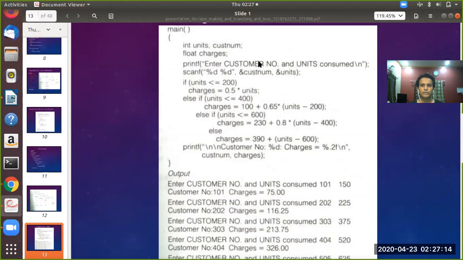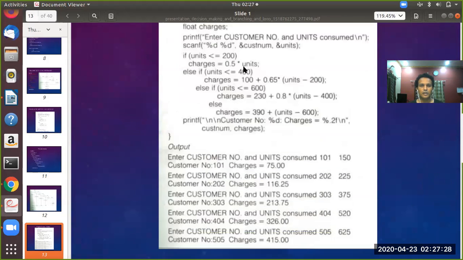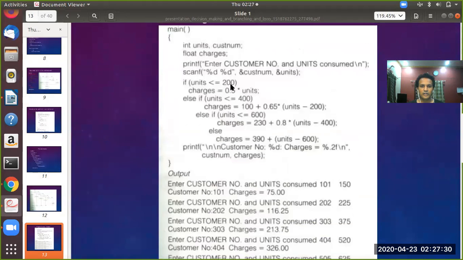After displaying this line on the screen, the user will enter the two values. Both values will be scanned to the variables custnum and units respectively. Now it will check whether units is lesser than 200, then charges is equal to 0.5 into units, like how the billing is done in an electric bill.